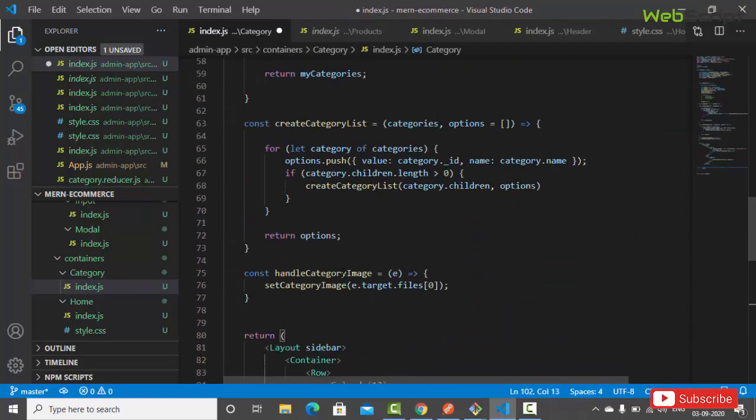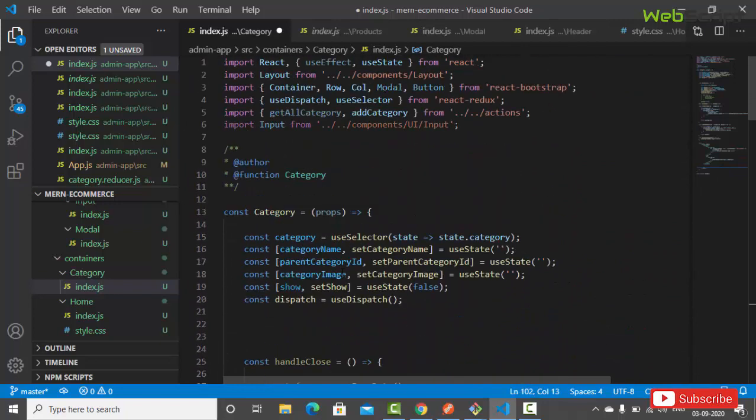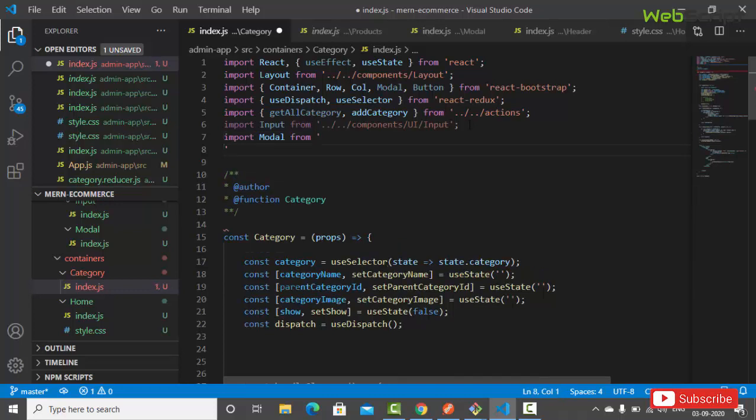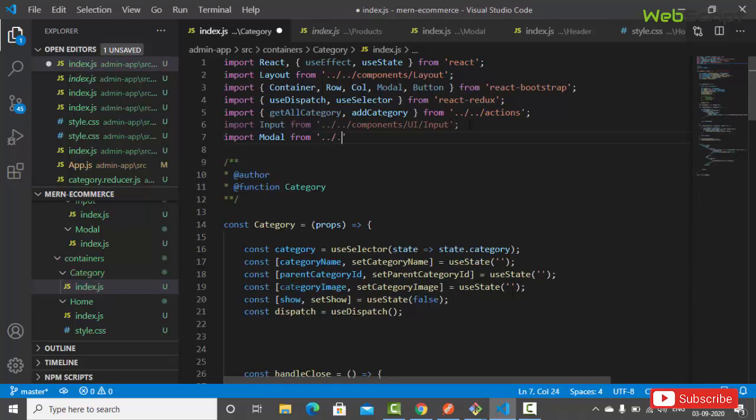Okay, and also import the model from the component, right? So here we're going to say import model from components/UI/model, right? Model, and the default is itself a new model, so that's not a problem. This is going to be the model,